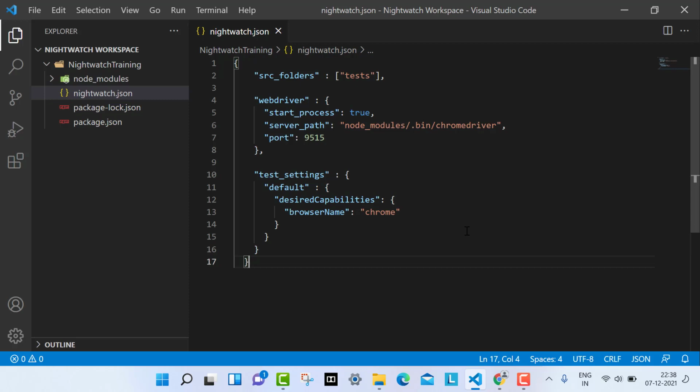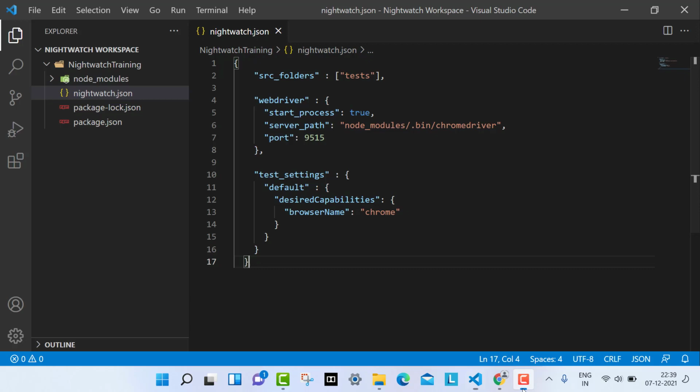But first we have to understand how we can create the configuration file, as there are different ways of creating it. The first way is that we can create a JSON file which we place in the project root folder, which I have already done. This is one way to do it.